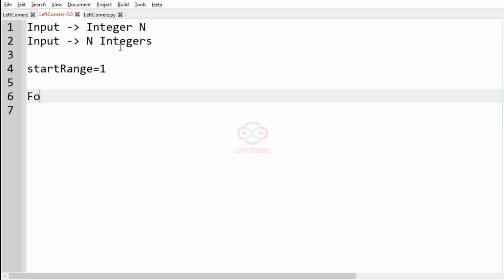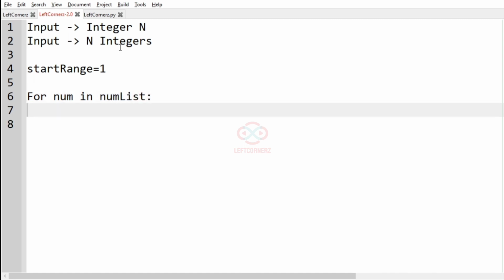Instead of current we are using num here. So for num in num list, then we have to check whether